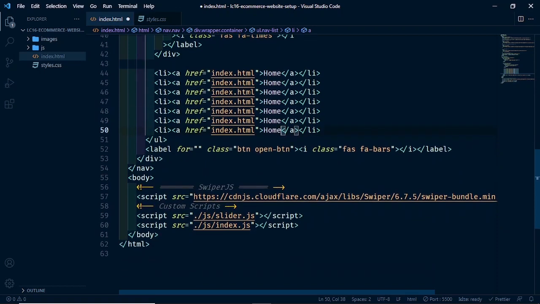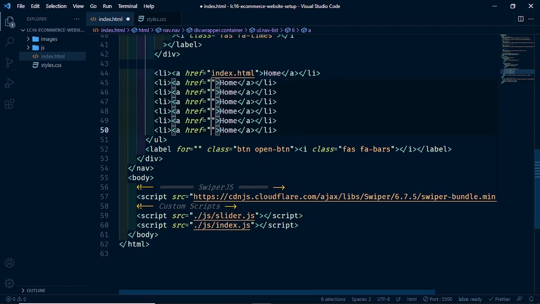So let's move for this one. I'm holding Alt and I'm clicking. So you can hold Alt and click. Then let's remove this. Now for the first one, it will be Home. Then the second one will be Products. This will lead to the products page. Products. Then the href will be